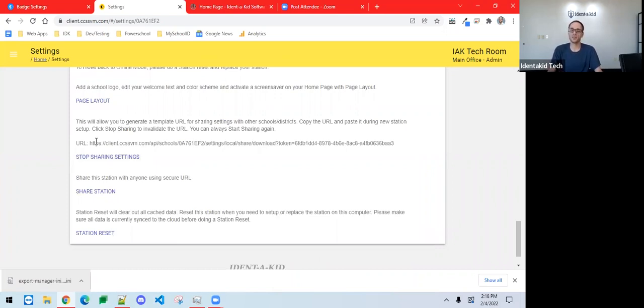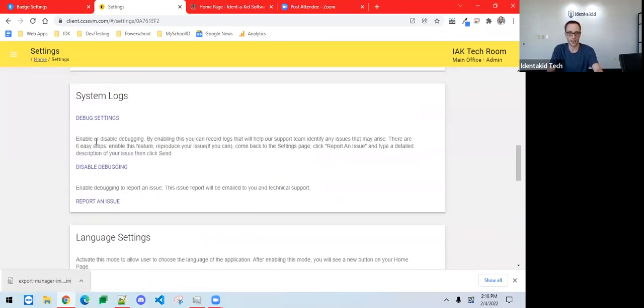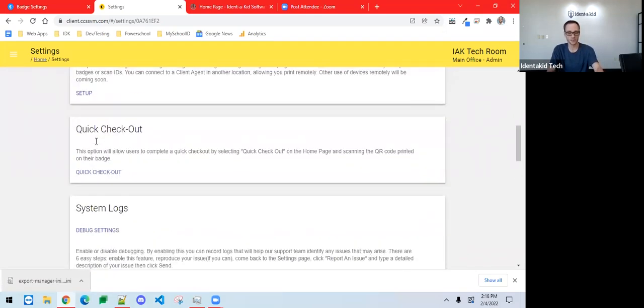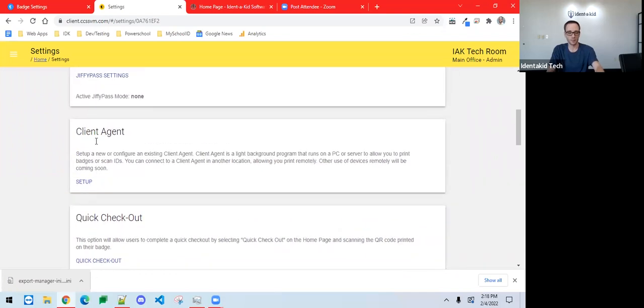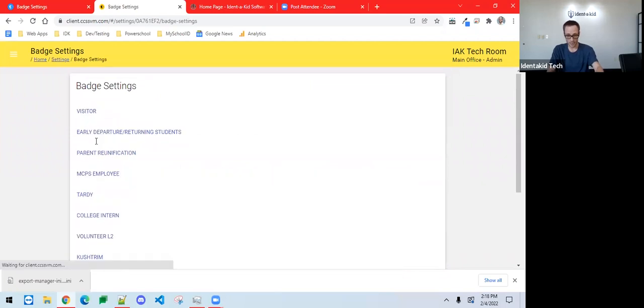So the URL is basically the equivalent of our INI file in the manager. The URL contains all the settings that we need from this station, and that includes all the device settings. Let me go ahead and scroll up and explain what it has. All the device settings, anything that you may have set up with quick checkout, anything with Jiffy Pass, anything in